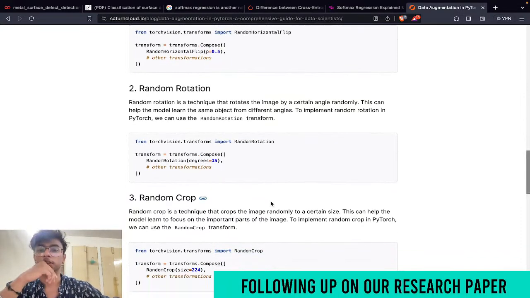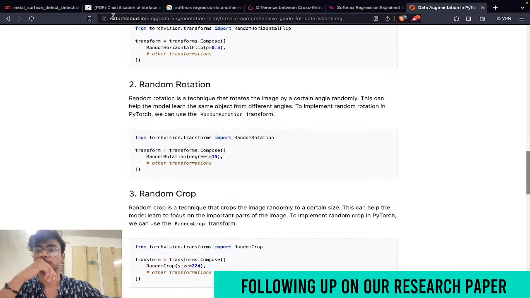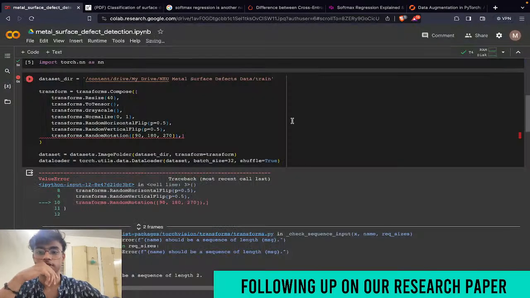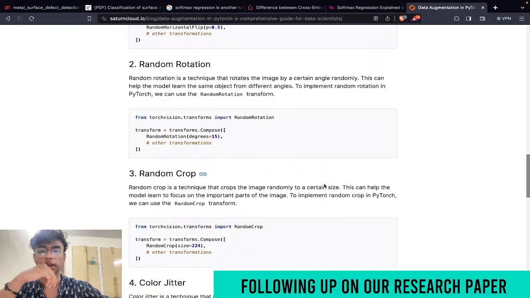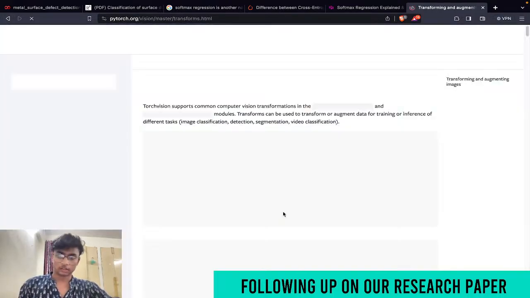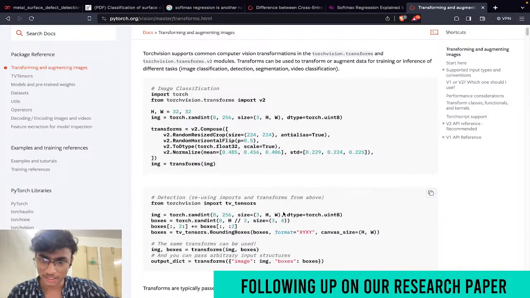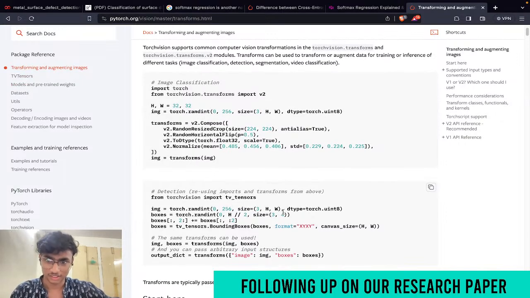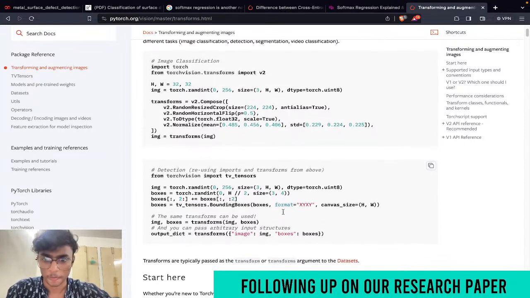Use the random rotation transform. Could have used, but can't I give it a list? Let's see. Not sure if that augments the data though. Will it increase the size of the data, or will it just